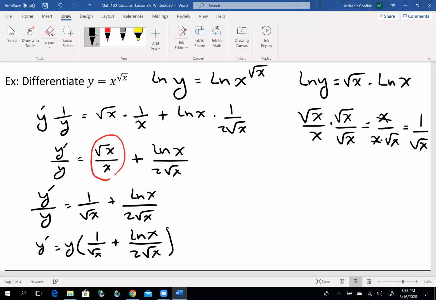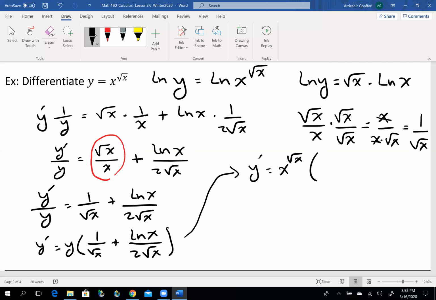And then again, guys, be careful that at the beginning of the problem, we said y equal to x to the power of the square root of x. So I'm going to change this to y prime equal to x to the power of the square root of x, because y is equal to x to the power of the square root of x, times